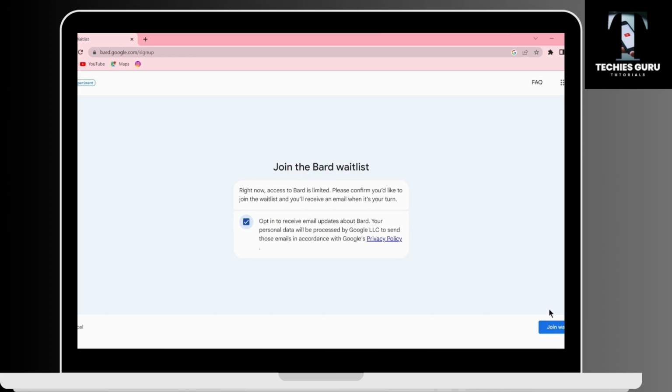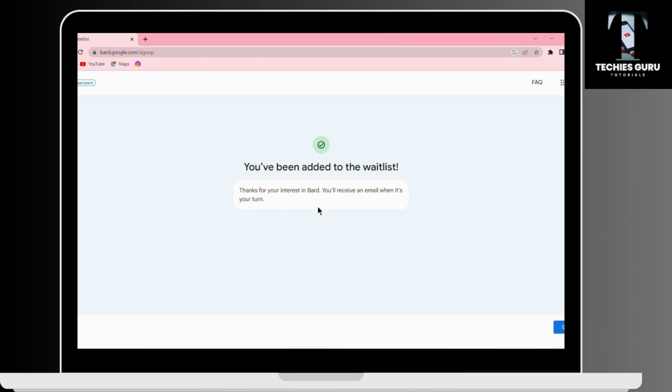Click on, and then on the bottom right side you will have join waitlist. Click that, and now you've been added to the waitlist. Google Bard will send you an email after that, and then within a few minutes or a few hours you will be ready to use your Bard AI. You can get access to it. So that's how you get access to